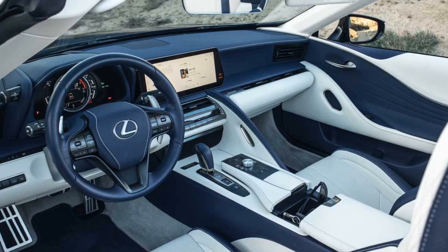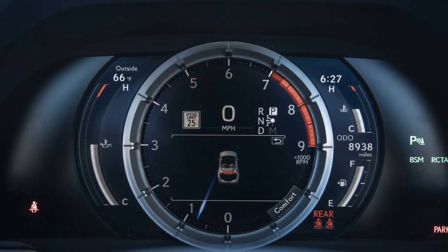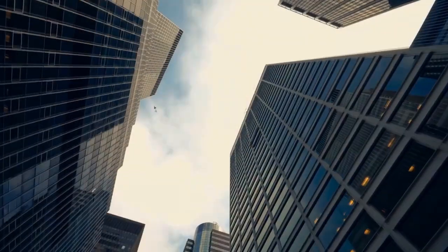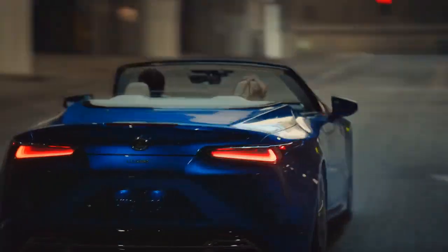Technically, the Lexus LC is a 4-seater, but only in name. The rear seats are practically unusable due to the lack of legroom, making them suitable only in a pinch. Even then, you'll need to ensure that a shorter person sits in front of another short person. Realistically, the best use for those back seats is to compensate for the limited trunk space by stashing a purse